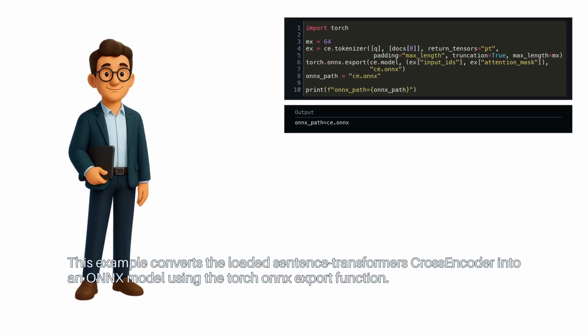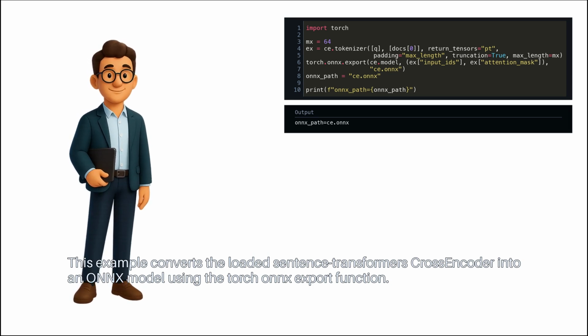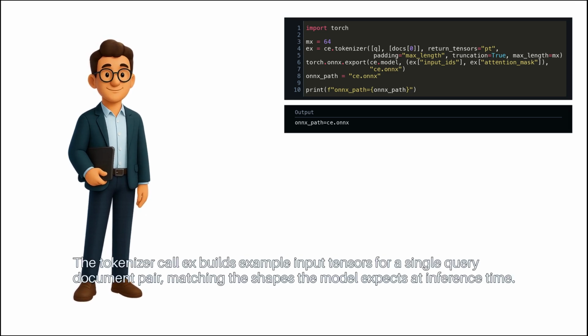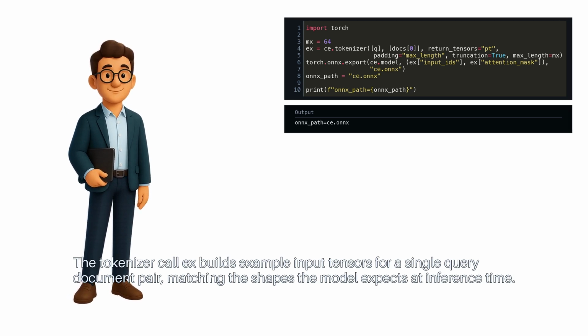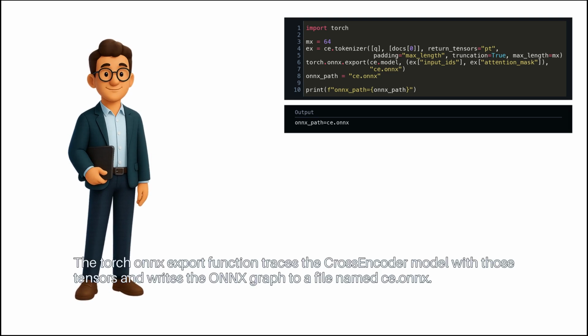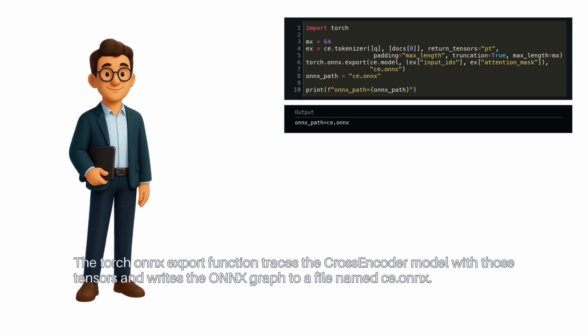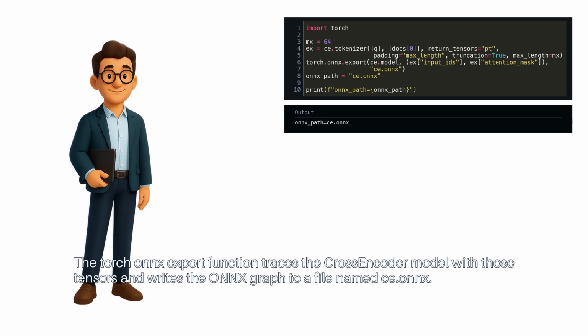This example converts the loaded sentence transformer's Cross-Encoder into an ONNX model using the torch.onnx.export function. The variable mx is a fixed maximum sequence length chosen to keep export simple and reproducible. The tokenizer call x builds example input tensors for a single query-document pair, matching the shapes the model expects at inference time. The torch.onnx.export function traces the Cross-Encoder model with those tensors and writes the ONNX graph to a file named